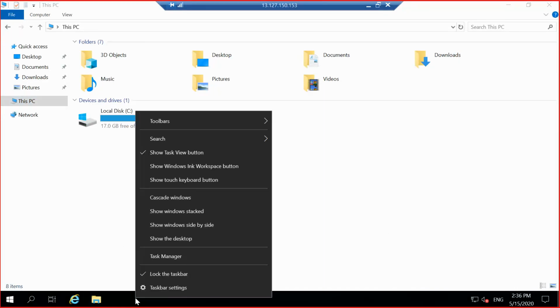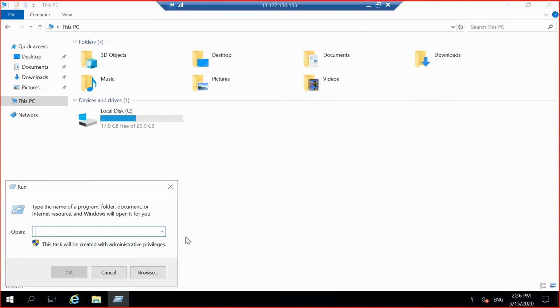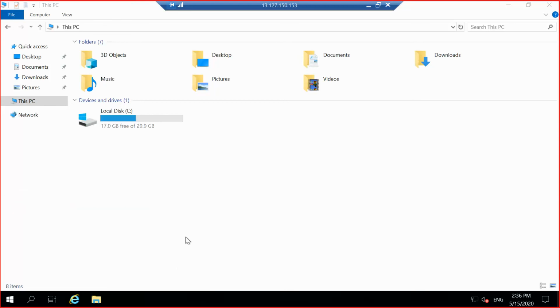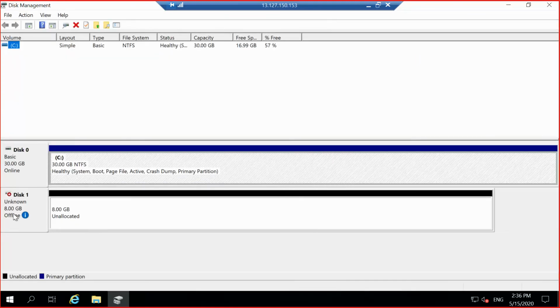So first of all, go to Run and type the command diskmgmt.msc. See, the 8 GB is an offline disk.